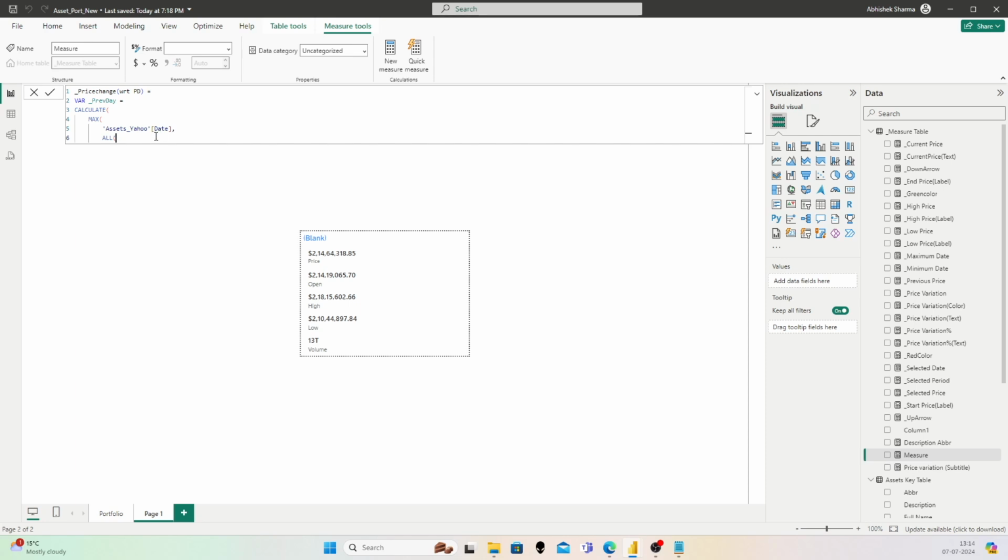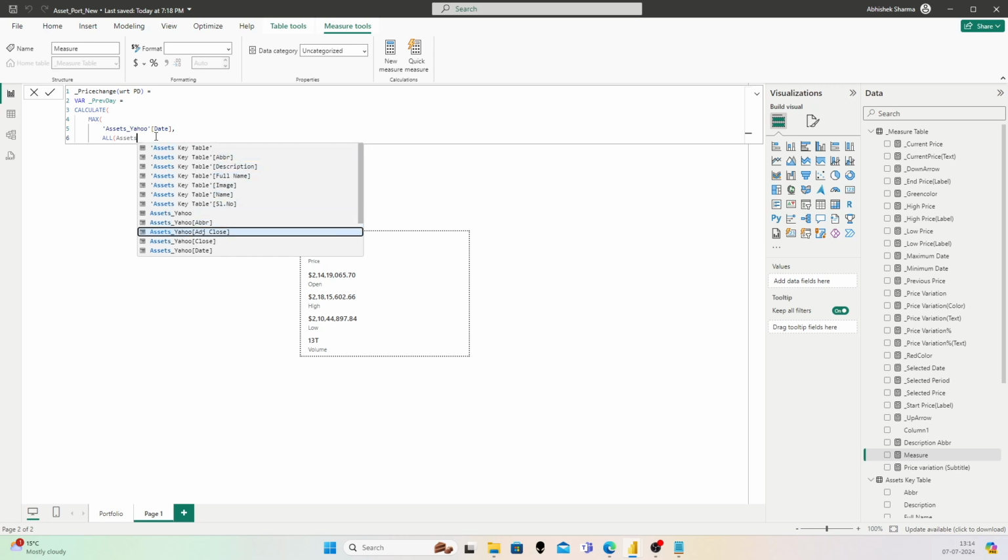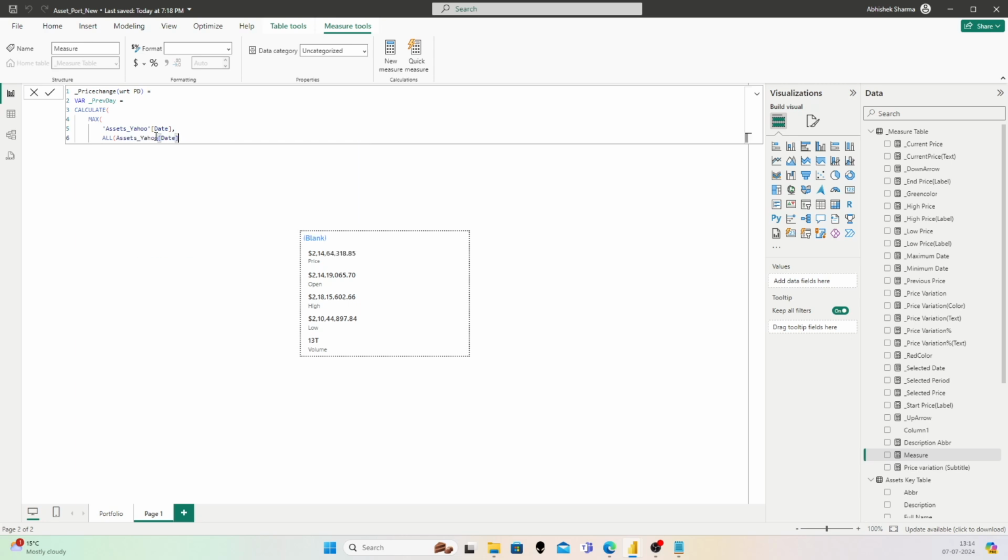So we will remove all the filters from assets yahoo date, and after removing the filter what we will do is,